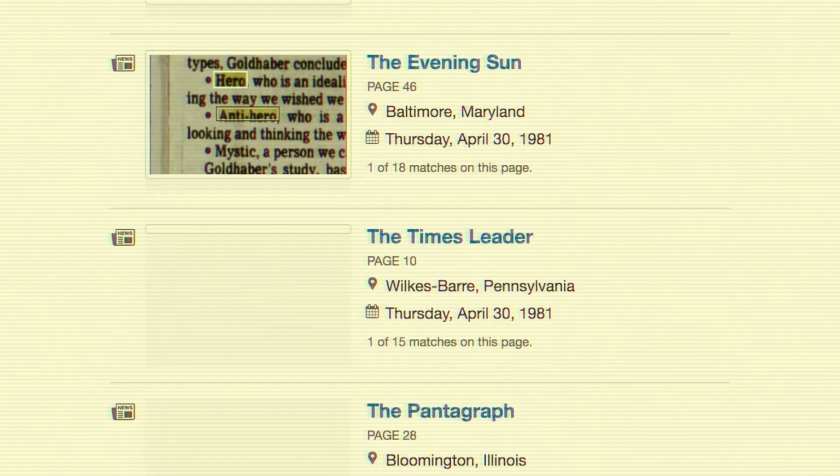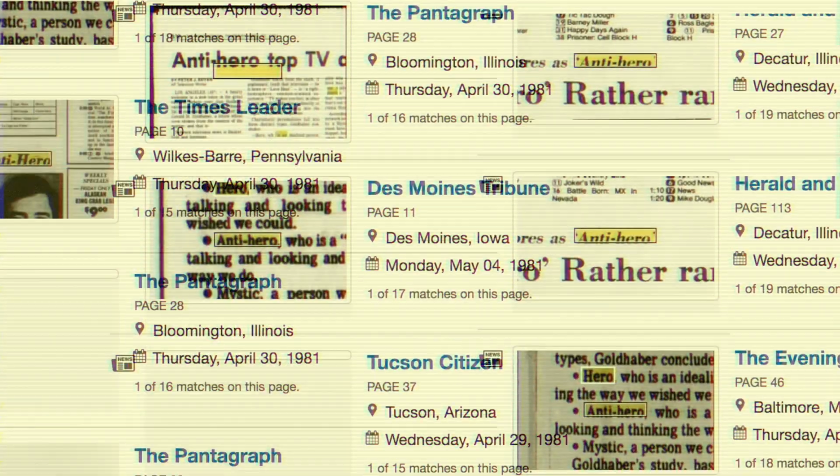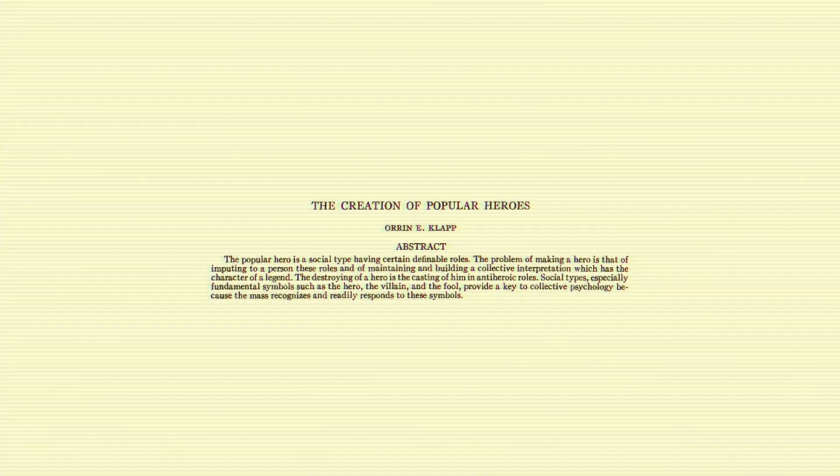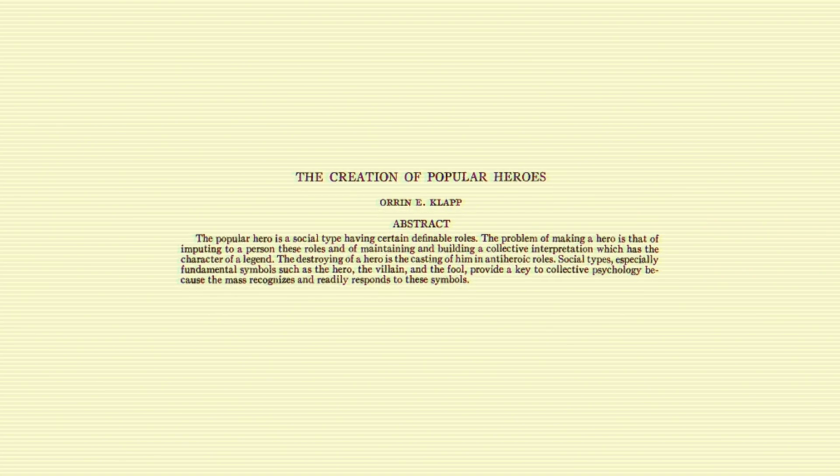Before we start diving into Willy Loman from Death of a Salesman as my example of an American antihero, we must first define what exactly an antihero is. As I have learned, there are many somewhat conflicting definitions and opinions on what makes an antihero. My favorite, and the framework I'll be using throughout this essay, is the one established by Orrin Klopp in his